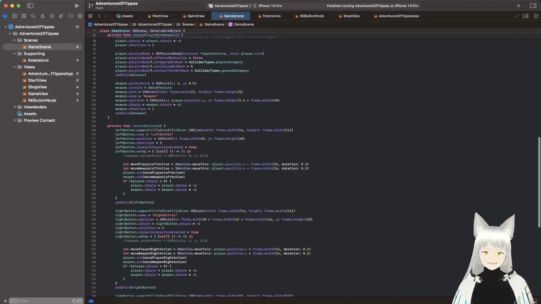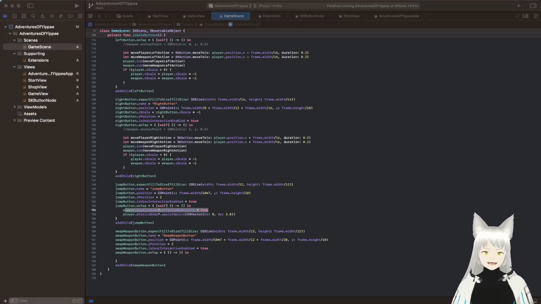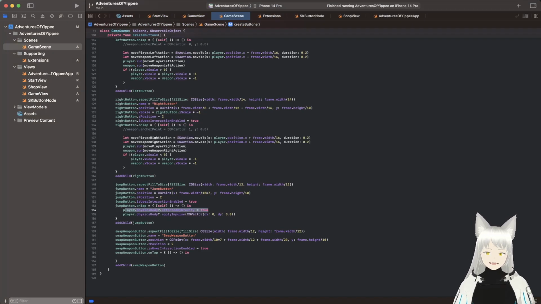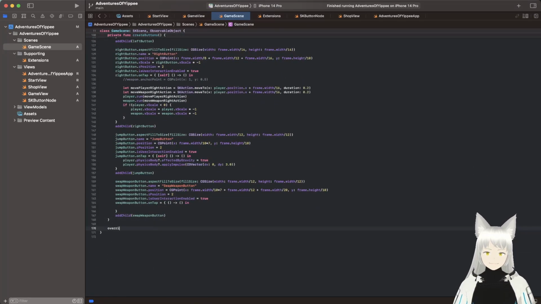But anyway, so we apply this impulse, and our Yippee should jump up, but we're not setting gravity back to false. So he'll jump, and then he'll fall through the ground and off the screen. So we actually do need to handle the case when he hits the ground, because we want to set this to false. And to do that, we need to override a function called